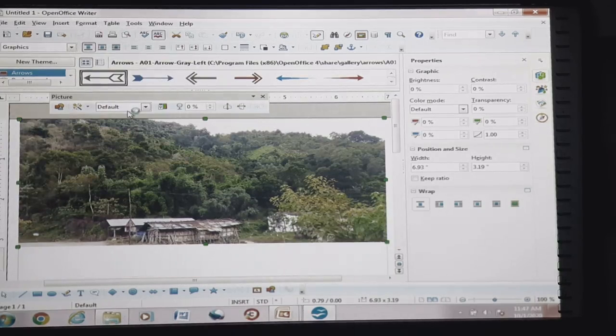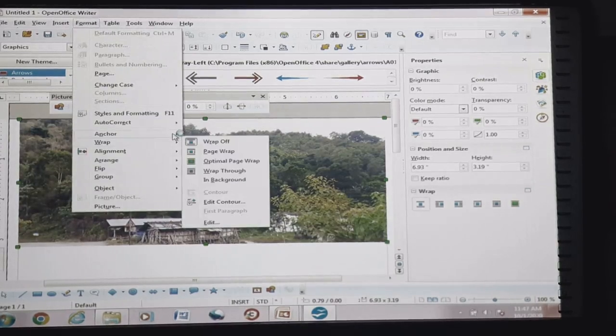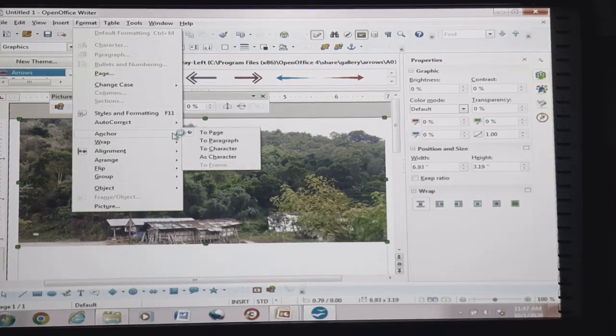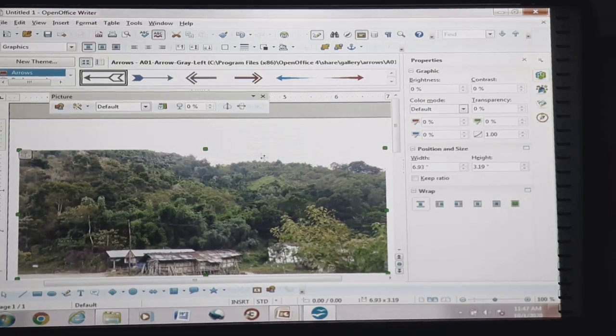See what is going to happen whenever we select it. Anchor to page: if we have done it to page, then our picture got attached to the border on the top. To paragraph: suppose according to paragraph we need to arrange, then it will be like this.